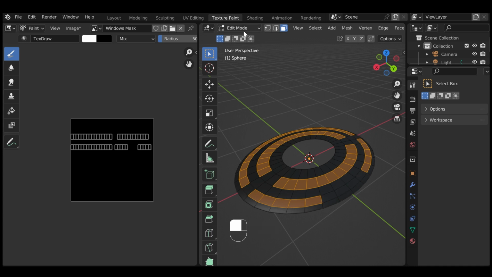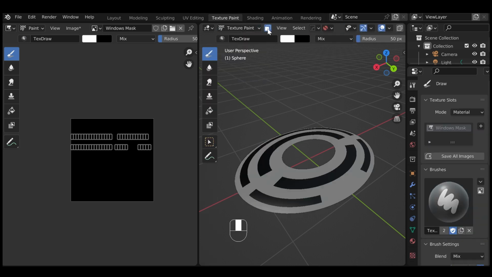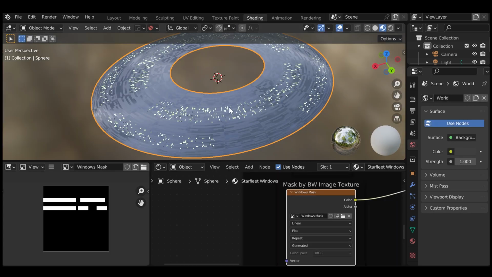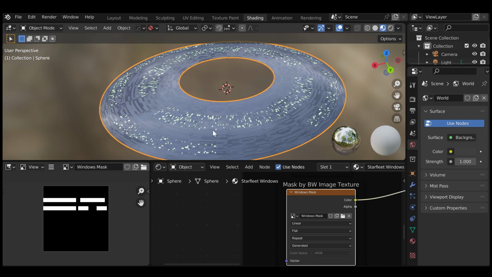OK, now go back to the Texture Paint mode in the drop-down box. Select the small cube icon next to the drop-down box, which will allow us to paint on only the faces we have selected. The grey areas that appear here are where the mask is. Select the Fill tool on the left of the viewport. Click on one of the black areas and they will all miraculously turn white. Go back to the Shading tab and you'll see the windows are only on the parts of the mesh you